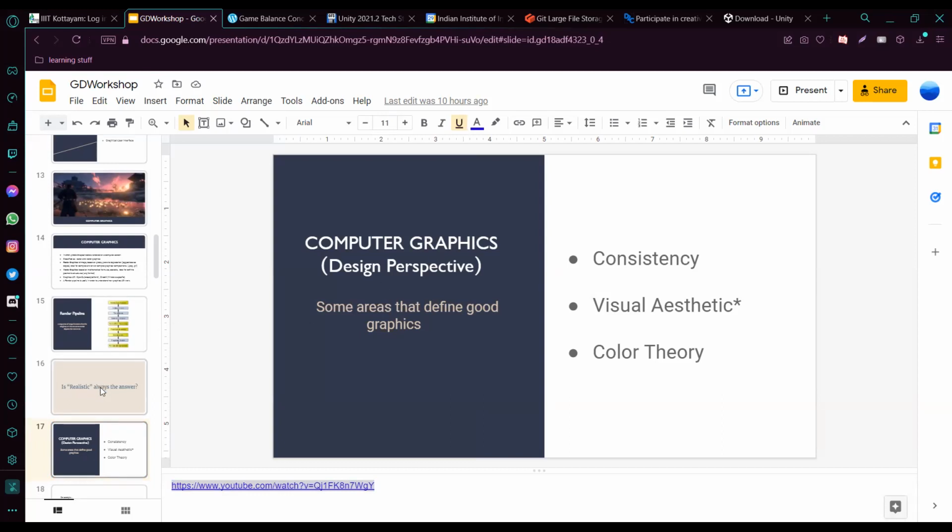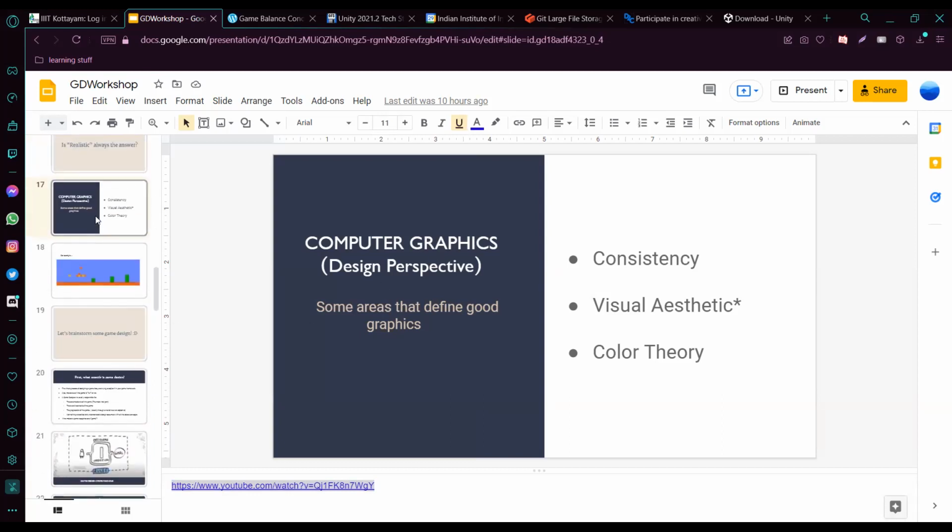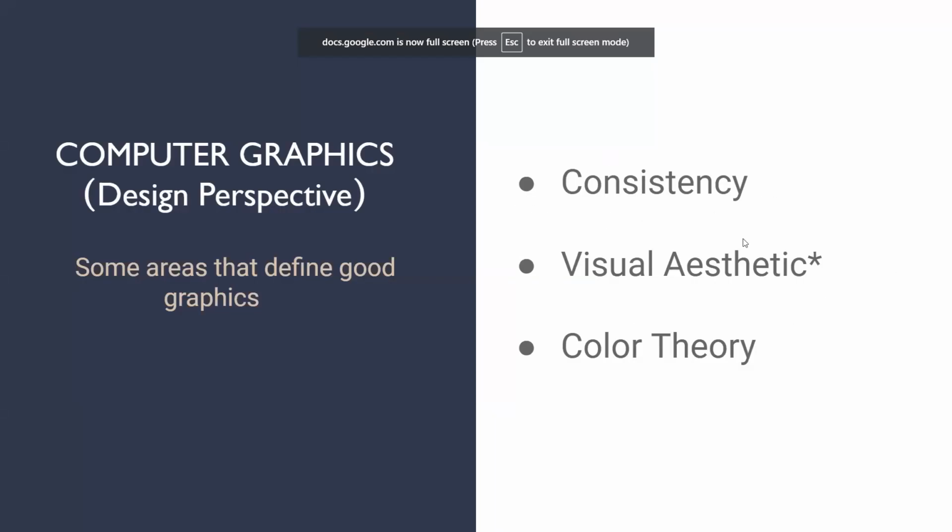So over here, with the whole computer graphics thing, one thing about good consistency and good color theory is that even if you show a low-rendered version or a silhouette of the game that you make, if it has good consistency and color theory, it is very much noticeable.